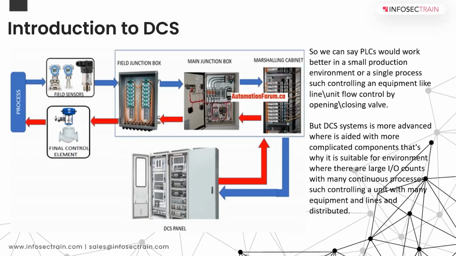So why do we have a DCS? Simply because a single point of failure will not disturb the whole plant, right? If a particular controller or particular area is faulty or needs to be replaced, we can just hot swap it and so on. So the redundancy is there. We can have multiple systems, so past trends can be monitored. Reliability, good speed, and process information can be visualized by users in different formats on the HMIs, as you'll see in coming slides.